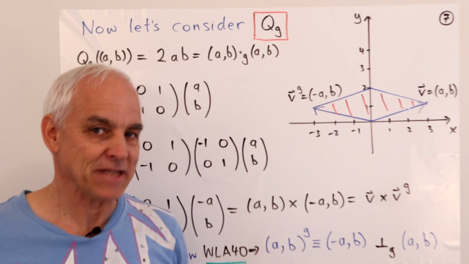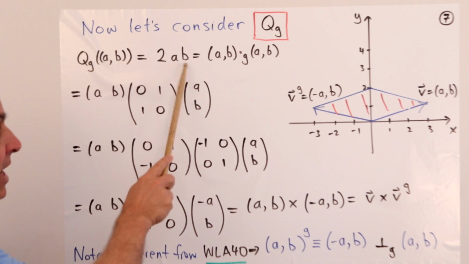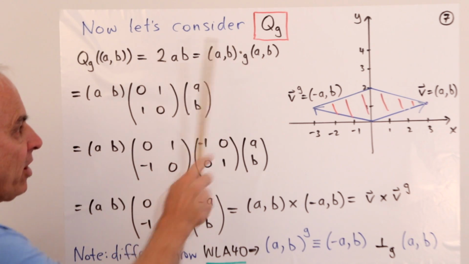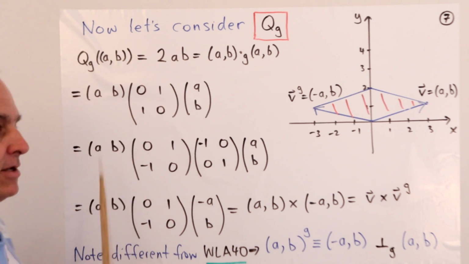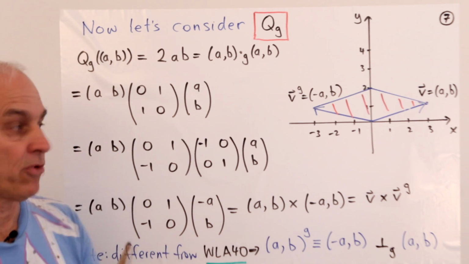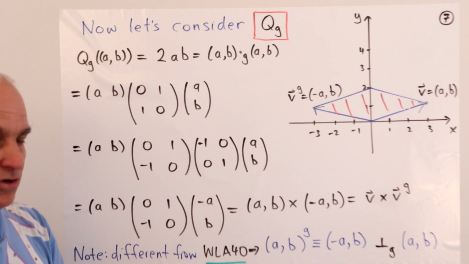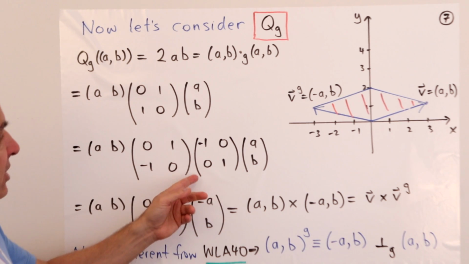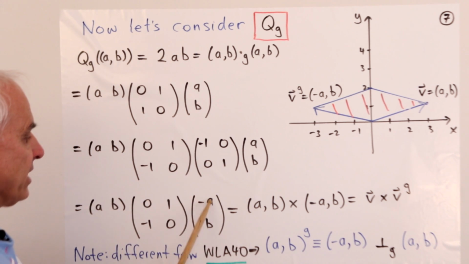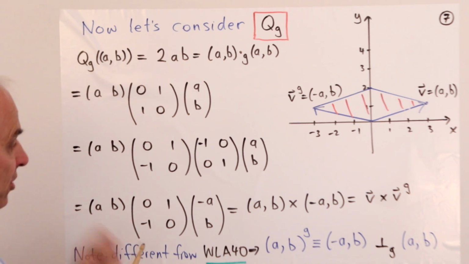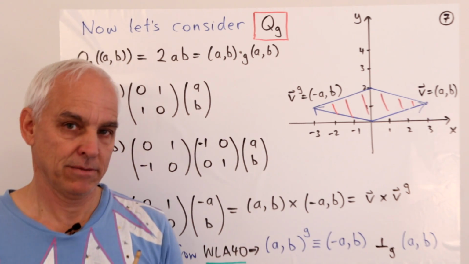So naturally enough, we want to do the same thing for the green quadrants. So let's look at the green quadrants of the vector AB. That's 2AB, and that's the dot product, the green dot product between the vector and itself. We can write that in the usual matrix fashion. There is the symmetric matrix corresponding to the green dot product. And we're going to rewrite it as a product of our cross product skew symmetric matrix times something else. And you can check that the something else is this thing here. And so when we multiply these two things, we get minus AB, allowing us to rewrite the green quadrants as the cross product between AB and minus AB.